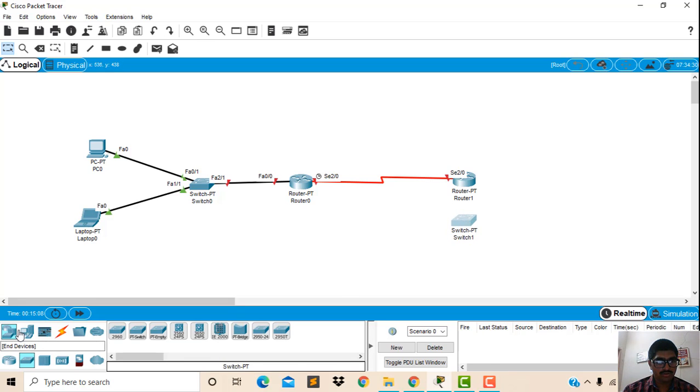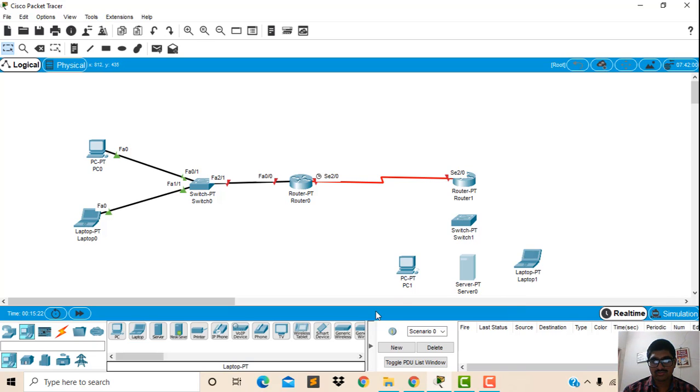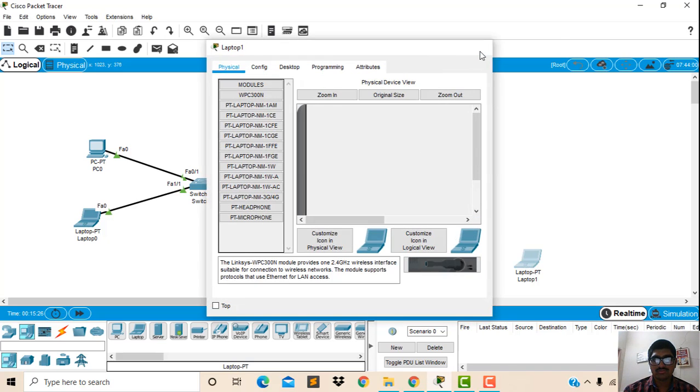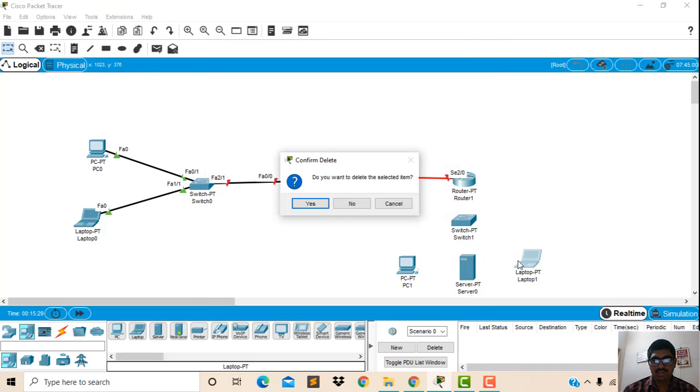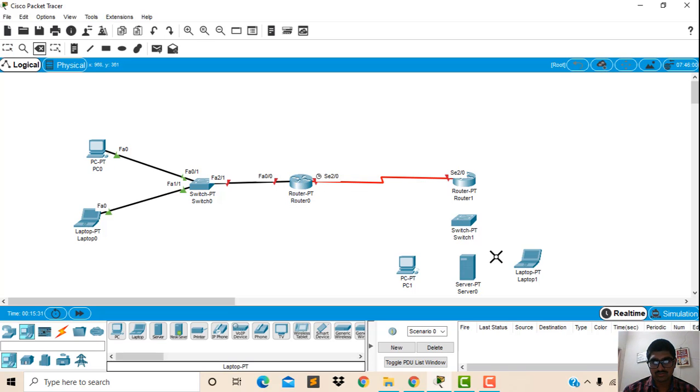Now we will take one PC, a server, and one laptop. Okay, we'll take PC only. You can take PC or laptop. Here I'm taking PC.